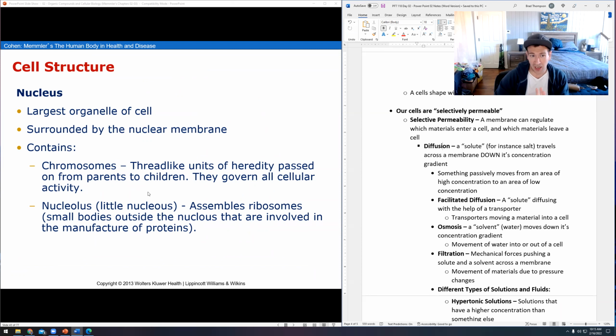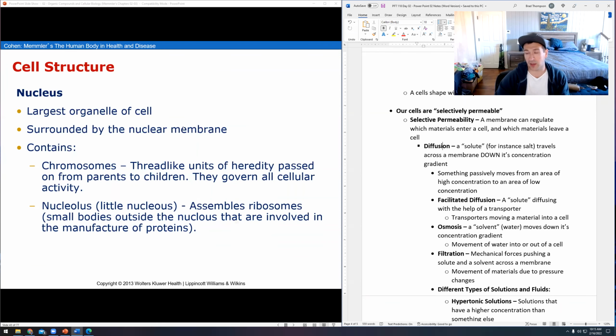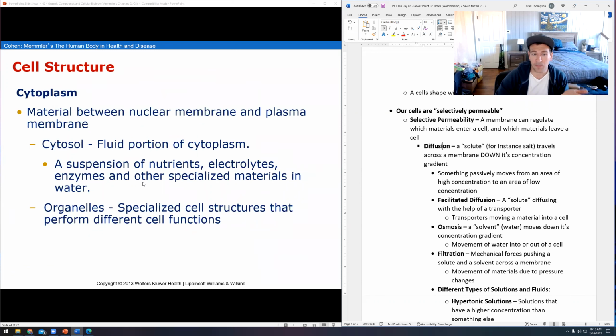But finishing up, look, that's the membrane. Finishing up talking about what organelles are present in your cell. You've got the nucleus, which has all the DNA. It tells the cell what to do. You've got the cytoplasm, which is all the fluid. This has got those electrolytes sitting there waiting to get flushed in whatever direction.